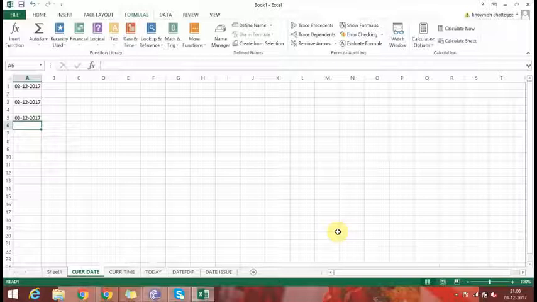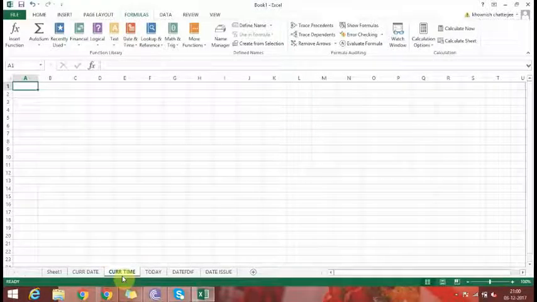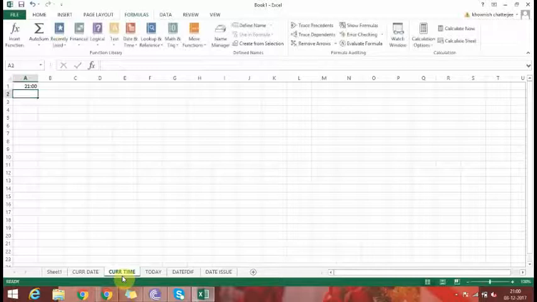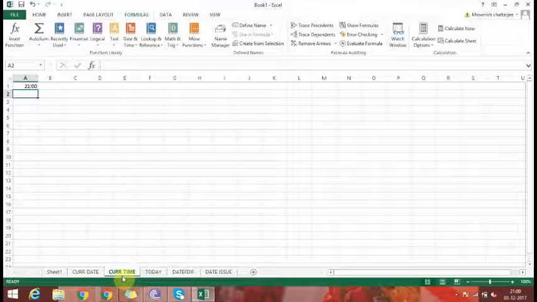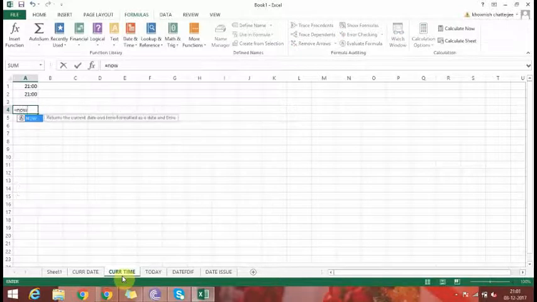Let us move to the next one, the current time. If I want to input the current time in my Excel cell, I'll press Control Shift semicolon. Like it is showing, it is 9 PM now. Control Shift semicolon. I can also write a function, the NOW function, which will give me the current date as well